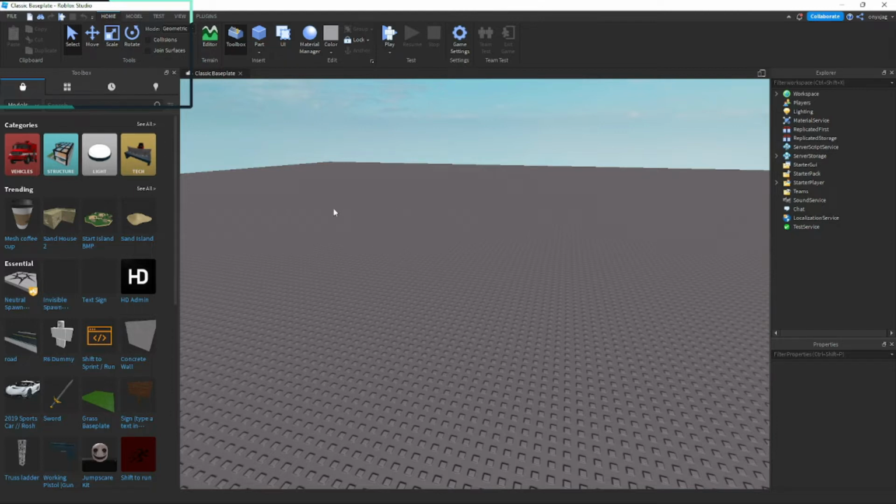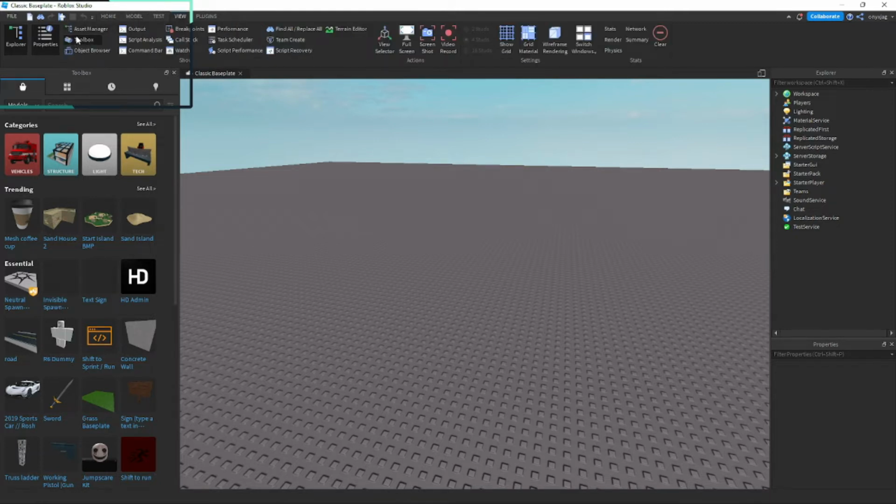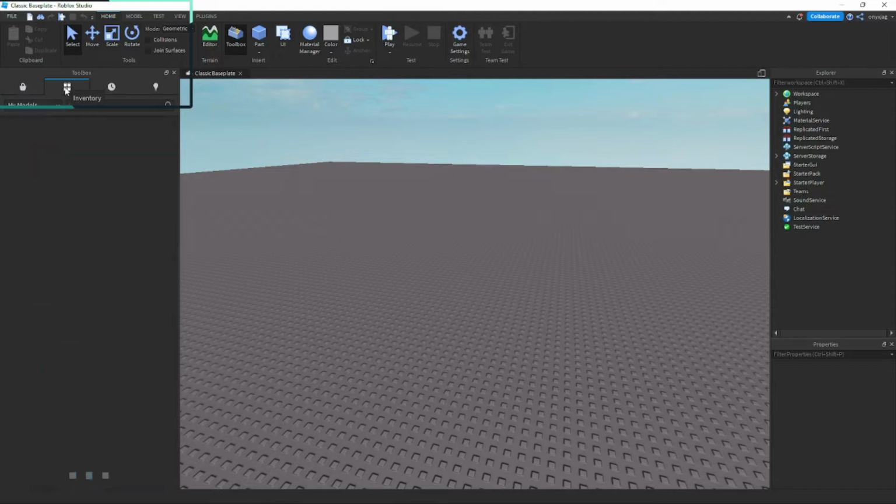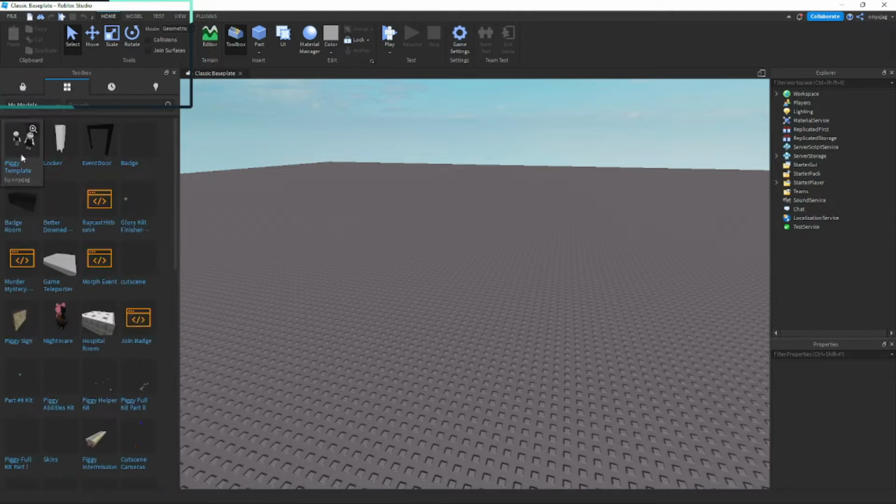Then you're gonna want to go to the left because the toolbox should be open. If it isn't, you can open it up here or in View up here. Go down to these folder files thing. It says inventory, so you want to click that, My Models, and here it is. So you're gonna want to take this